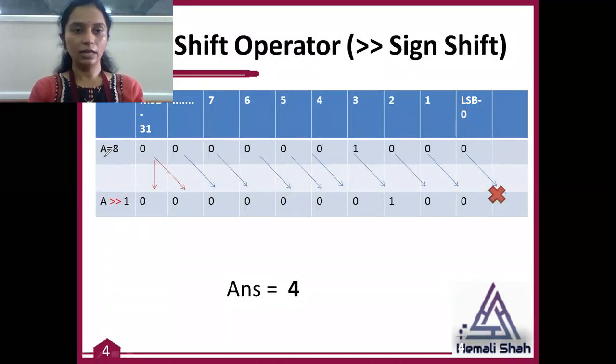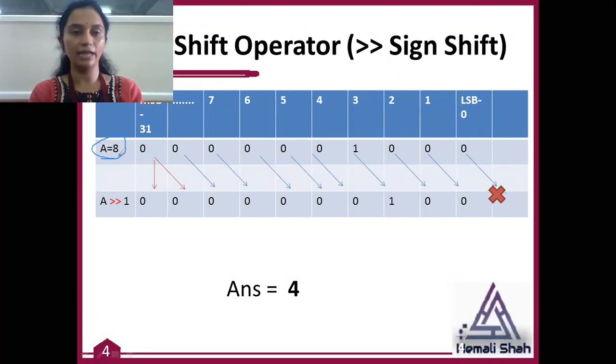Here again is the 32-bit representation of the number 8; an integer occupies 32 bits in Java. Whenever you shift your bits right, the least significant bit is discarded, and you have to fill the most significant bit. What should you fill over here, since the most significant bit of the actual value is shifted right? You have to fill this position with either 1 or 0.